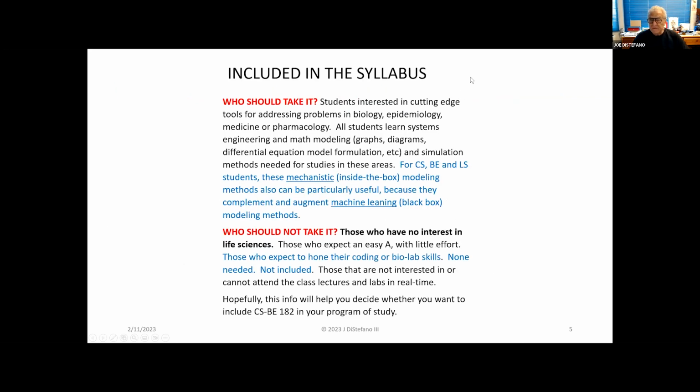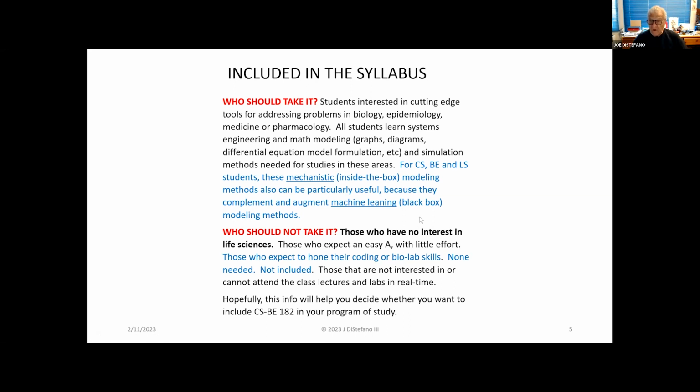Okay, I discovered 2 years ago, basically through evaluations of me in my teaching, for example, one or more students said, hey, I'm from CS and I want to do some coding. And one of the things that I do is say, there's no coding in this class. We don't do coding. And so I felt I've got to make it clear in the syllabus who should not be taking the class, okay?